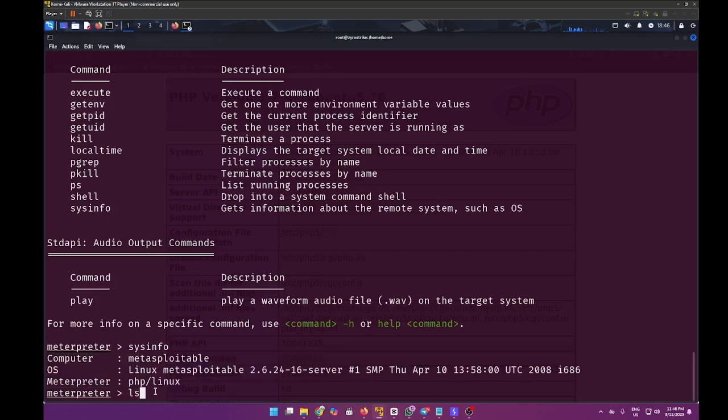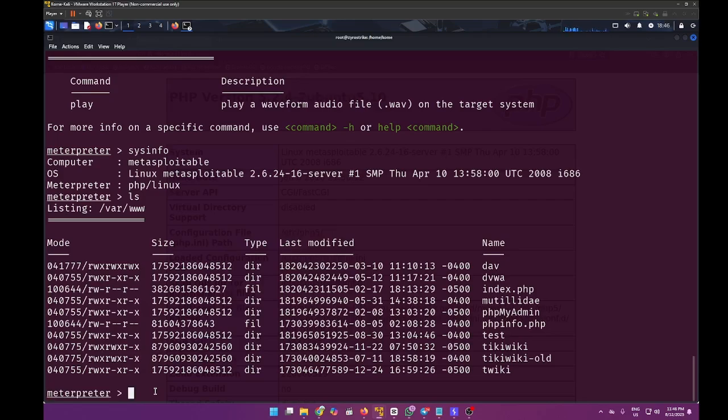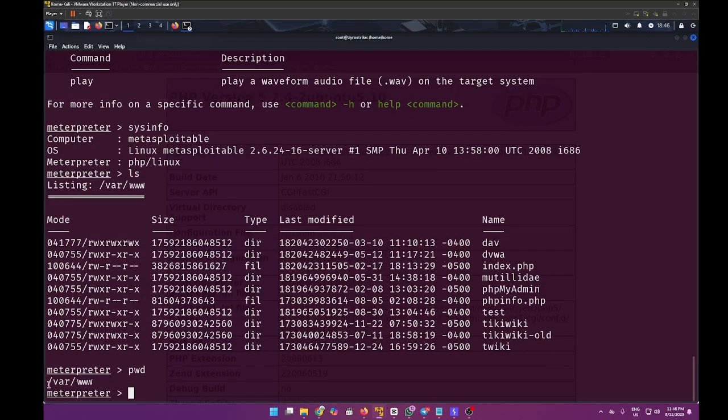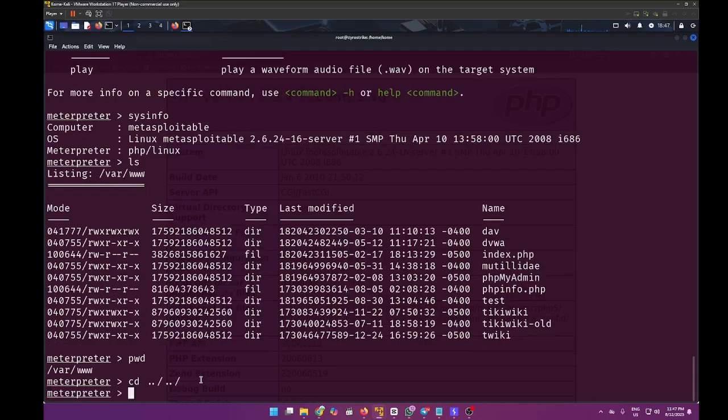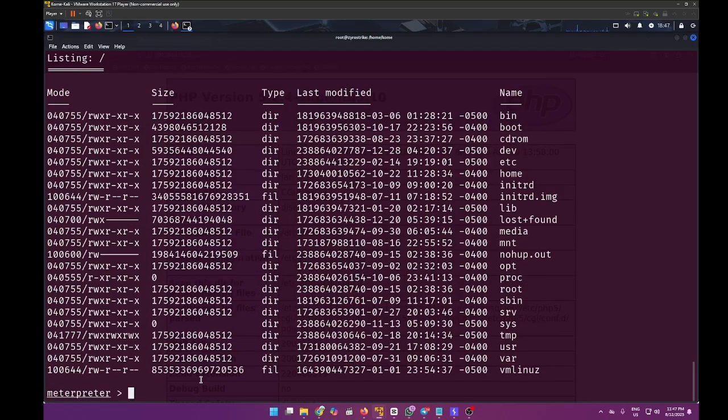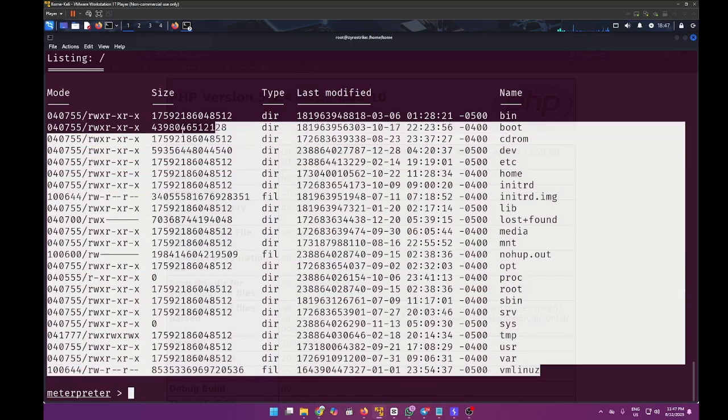I can also run ls to list the files and folders that we have, and you can see all of these things that we can do. Then I want to know which folder I'm currently in. I'm in the /var/www folder. Let's say I wanted to go back to the root folder of this machine. All I need to do is change directory to /, hit enter, and then do ls, and you can see that we are right in the root directory